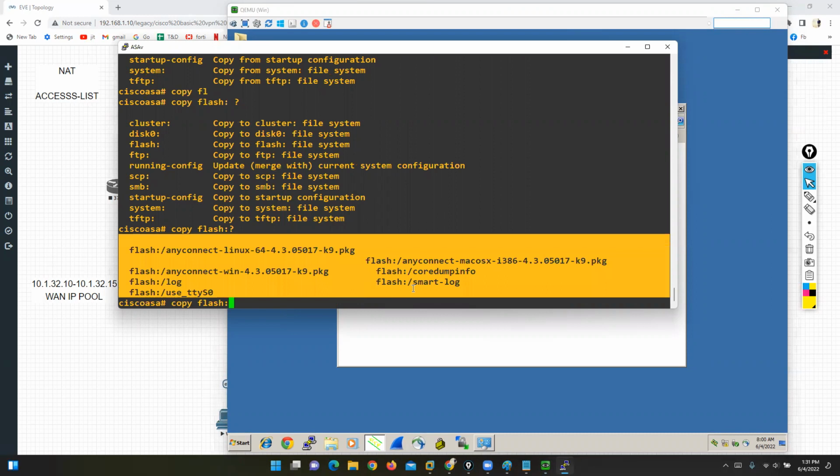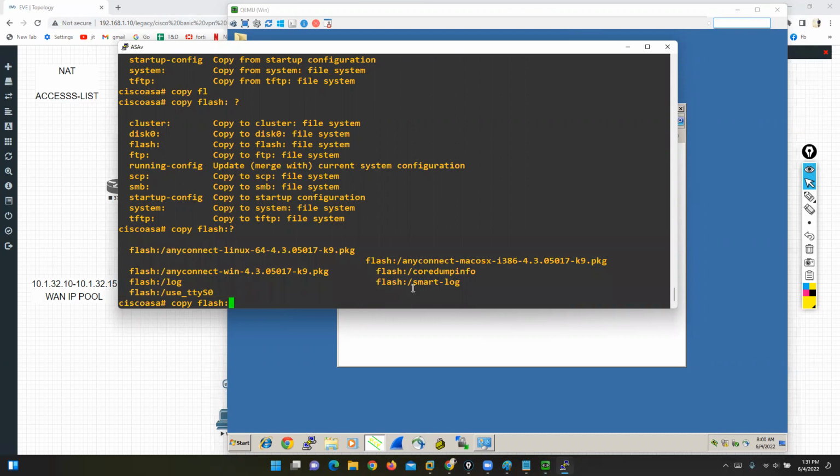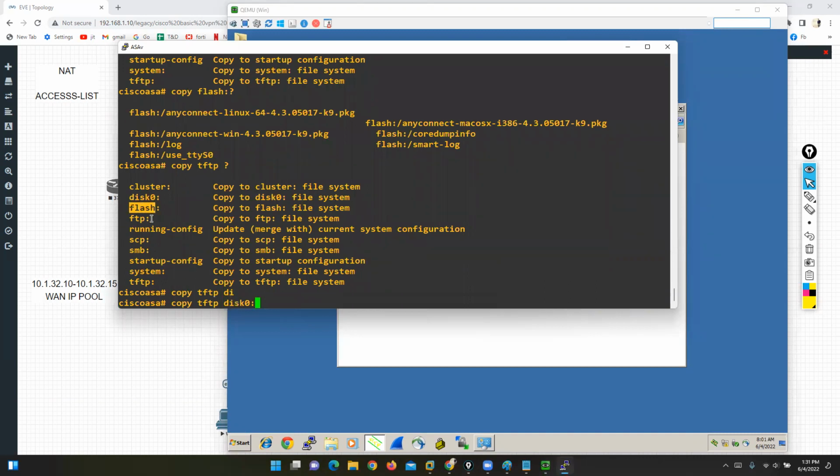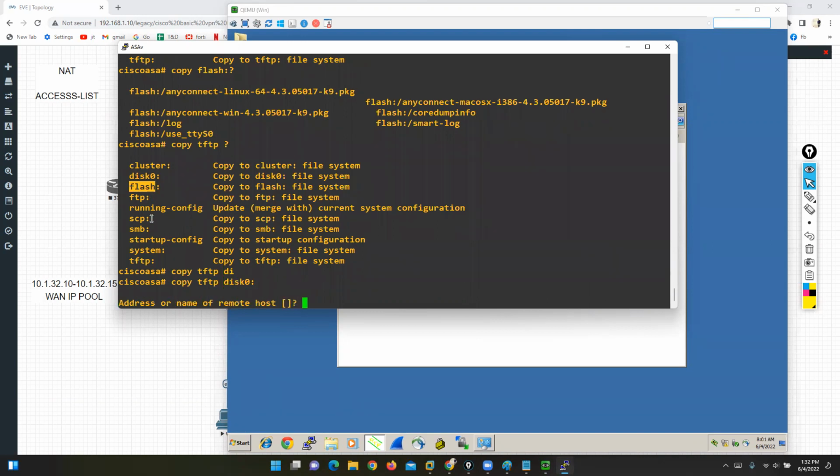Wait, give me 2 minutes. Now, copy TFTP colon flash. I'm trying to copy from TFTP, and question mark, flash colon. I'm trying to copy in disk or flash. So you can specify your disk. Now, if you press enter, it will ask you